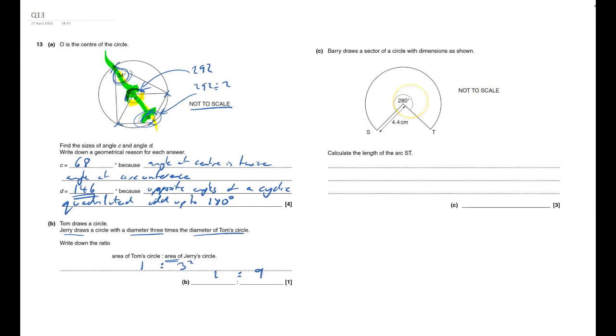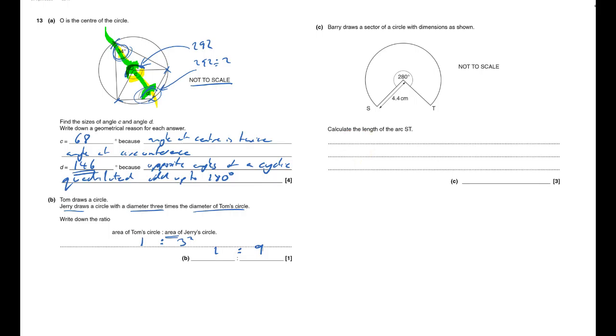Okay, what do I need to do over here? Barry draws a sector of a circle, because he's told me what it is. I've got to calculate the length of the arc ST. Well, that is most of the whole circle. And for the whole circle, the circumference is pi d. What is the diameter here? The diameter is 8.8. So pi times 8.8